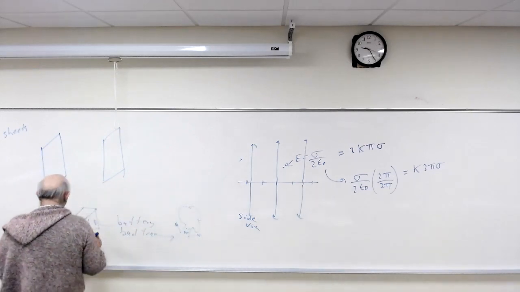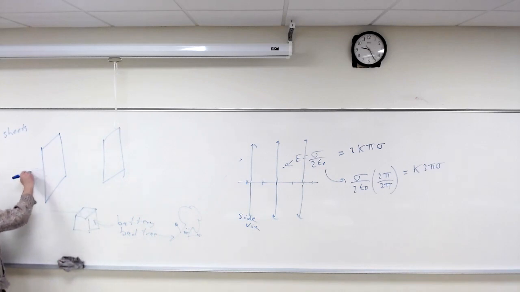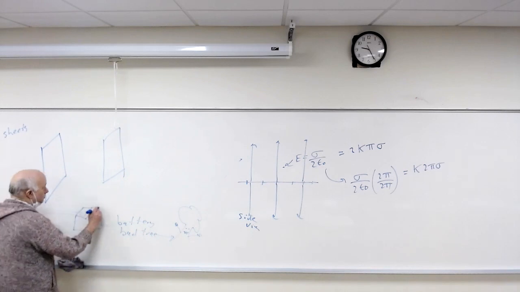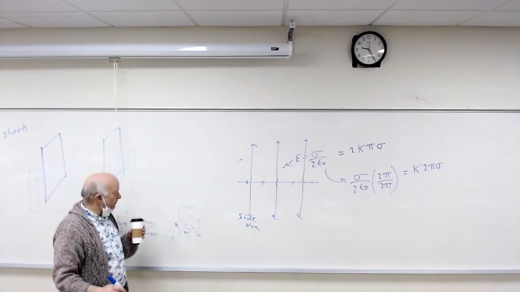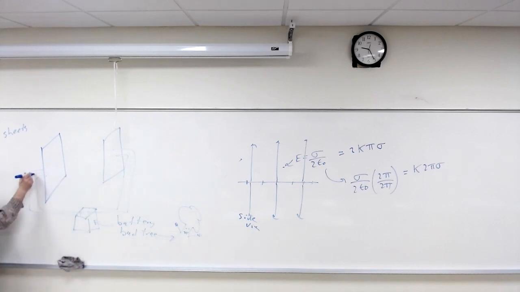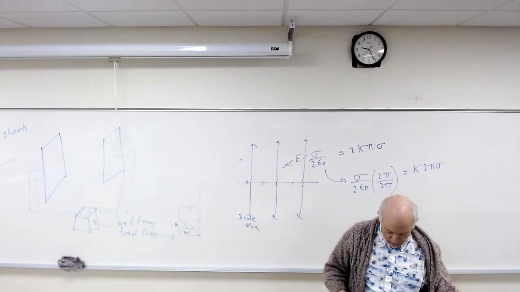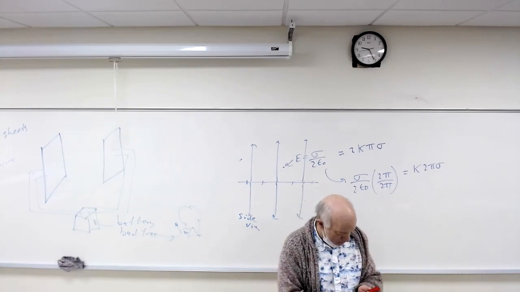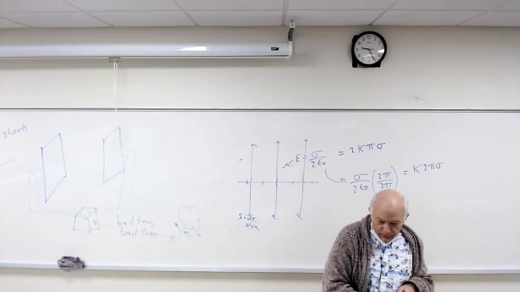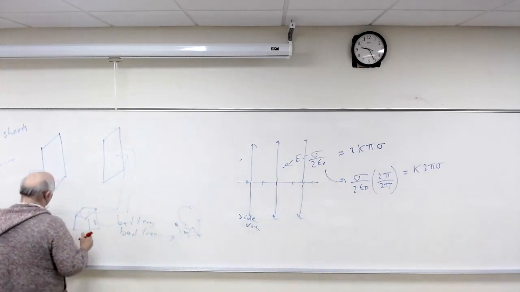Okay, so what do we do with our battery? We put a wire on it, and I'm going to draw a thick wire. You had this picture last time. So this is the wire. I've drawn it thick so you can see what's going on here. Okay, so we have this.